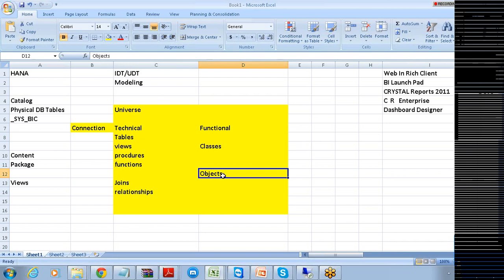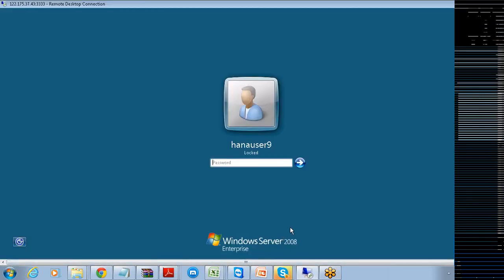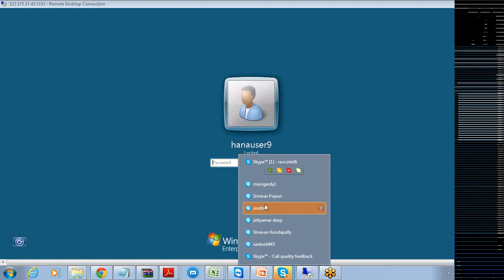And I'll take 5 to 10 minutes of your time to let you know exactly what a class is and what an object is, and how your business queries are being converted into SQL queries, and then we are able to get the results. That particular part we see in another 5-10 minutes. Okay, for this purpose we are going to use the Web Intelligence Rich Client.